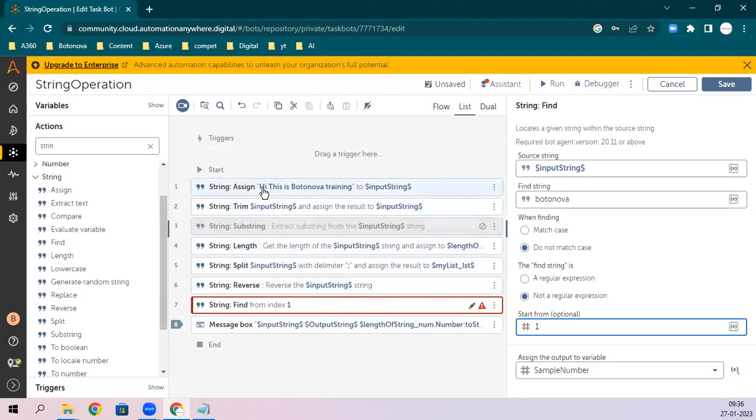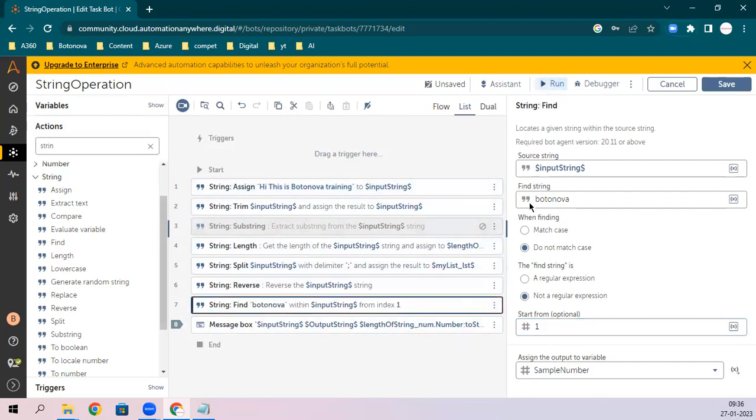Keep this in mind. So in this string, indexing starts from first, not from 0. If you choose 1, which is the default, you are starting from the beginning, the h.